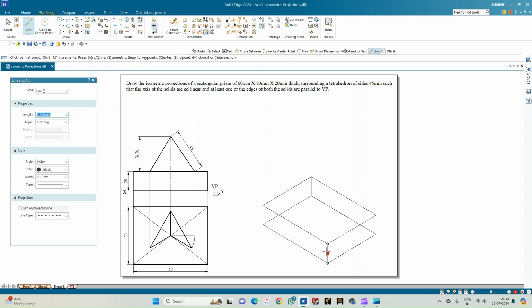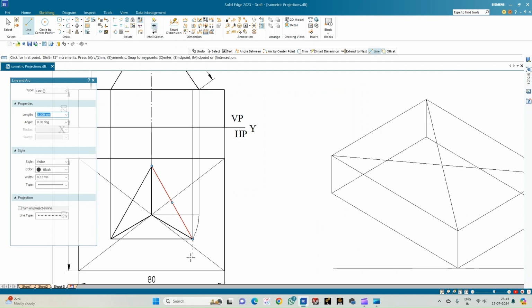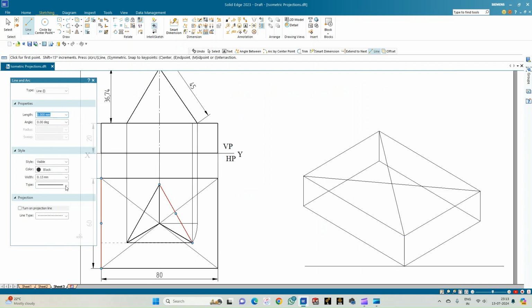60, 80 and 20. So now we have to consider drawing the tetrahedron. So first, before we start, let us join the diagonals of this rectangular prism so that we get the point of axis. And now let us go for considering the construction of this tetrahedron. So the tetrahedron is nothing but a triangle in the top view. So let me select a line of thickness 0.13 and select a blue color line and enclose this triangle within